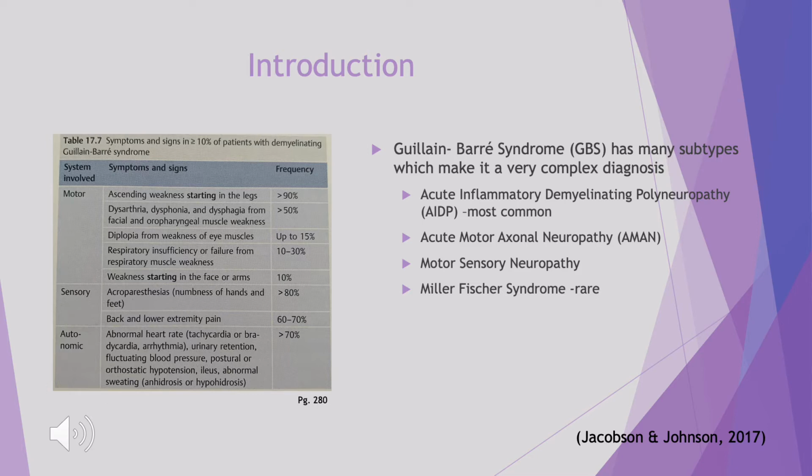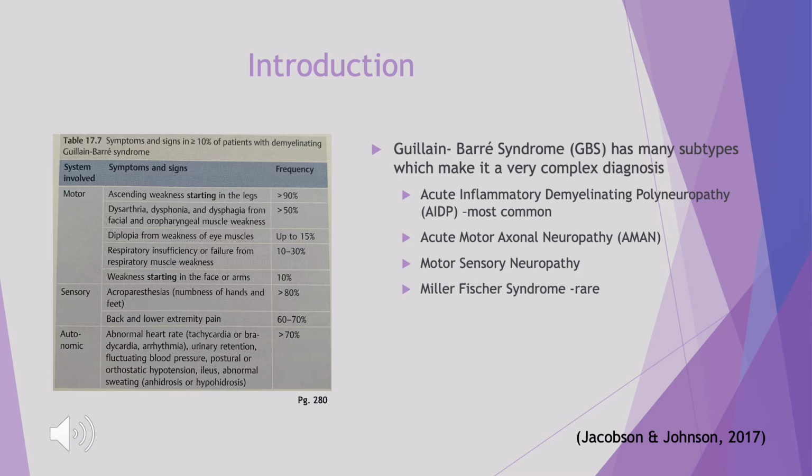Acute inflammatory demyelinating polyneuropathy is the most common, and that first attacks Schwann cell surfaces. Next is the acute motor axonal neuropathy, which first attacks at the motor nodes of Ranvier. Next is motor sensory neuropathy, which is the same as the acute motor axonal neuropathy, but it attacks the sensory nerves and roots, and the axonal damage is usually pretty severe. Last is the Miller-Fisher syndrome, which is very rare and few cases have been examined, but it resembles the same symptoms as acute inflammatory demyelinating polyneuropathy.